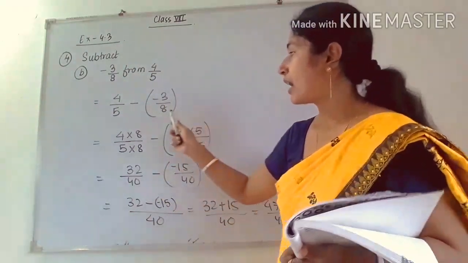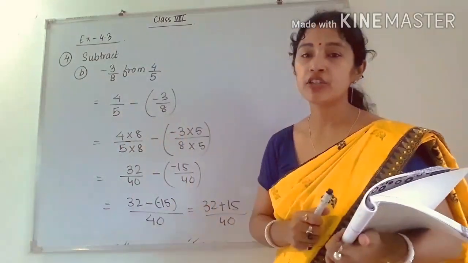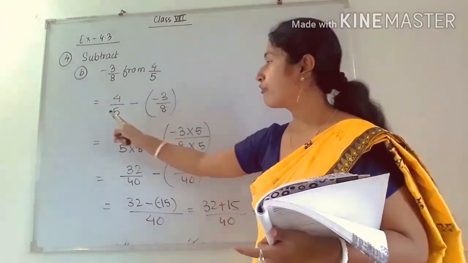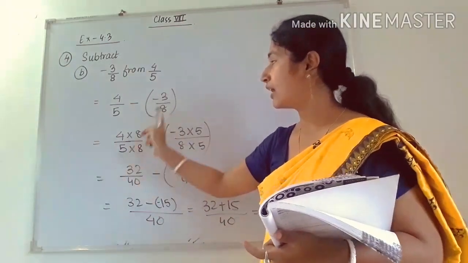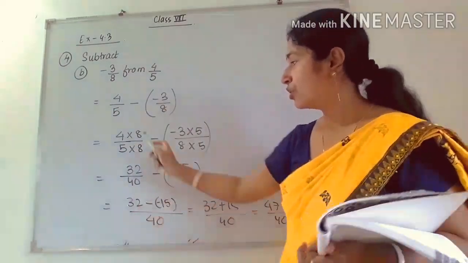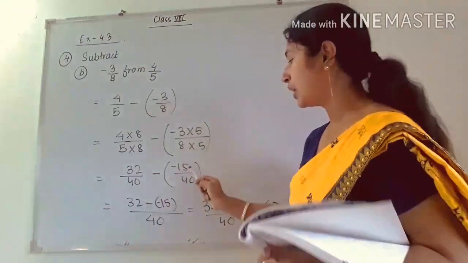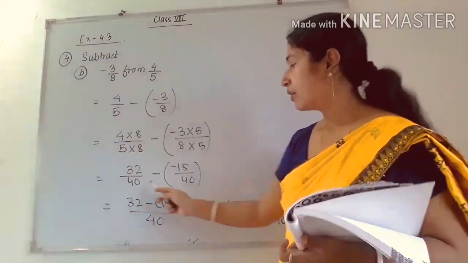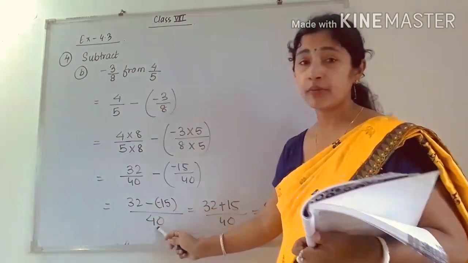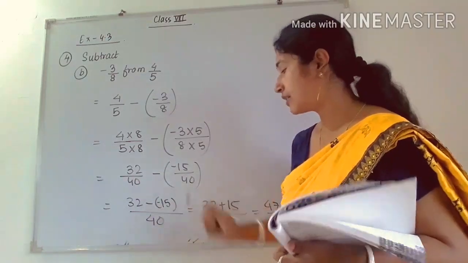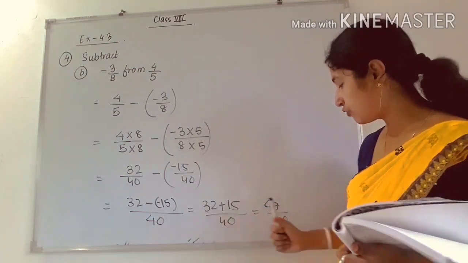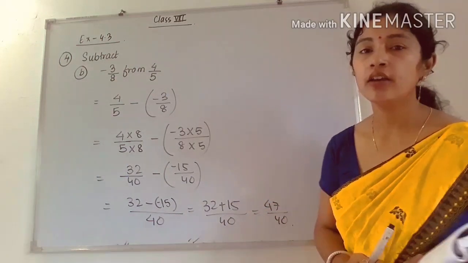So now see, as you can see, the denominators are not multiples of each other, so you have to multiply. So 5 is multiplied with 8 and 8 is multiplied with 5. Like that we will convert the rational numbers first. So this becomes 32 by 40 and this becomes minus 15 by 40. Now the numbers in the denominator are the same, so we can take LCM as 40, and in the numerator we have to write as it is. Next we have to open the bracket, so minus minus will become plus, so 32 plus 15 will be 47 and the denominator will be 40.